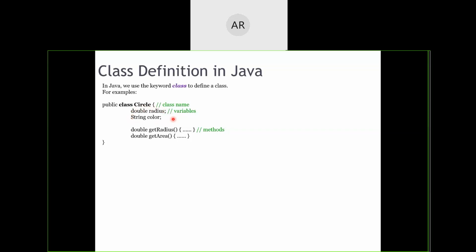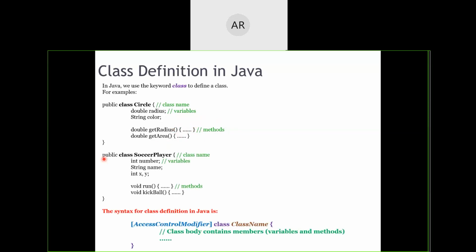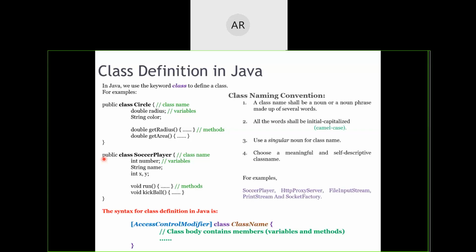Now here in the member variables, we have got two variables. One is radius and another is color. In the member functions or member methods, we have got getRadius and getArea with their own body of the functionalities, body of their methods. Okay, so this is the simplest example of creation of a class. Similarly, there is one more class getting created called SoccerPlayer, and the syntax has been kept in the bottom part for you people. Okay, so you need to remember the syntax of creation of a class, and you need to understand how we write any class like I have shown in the examples.